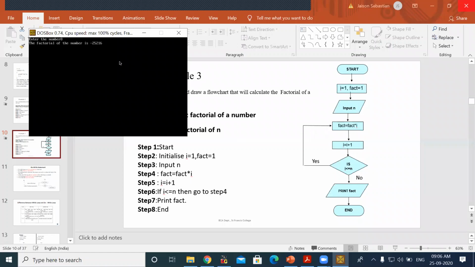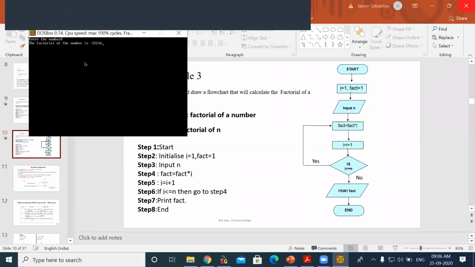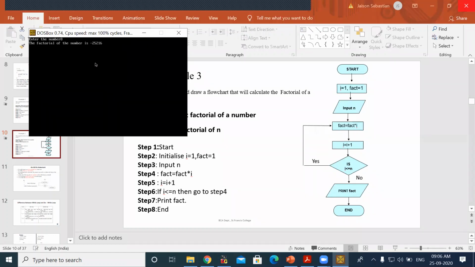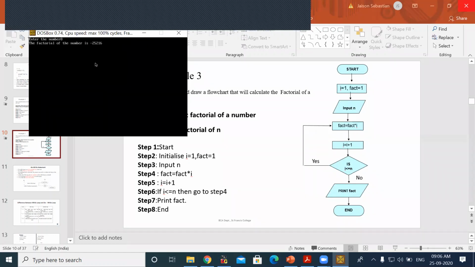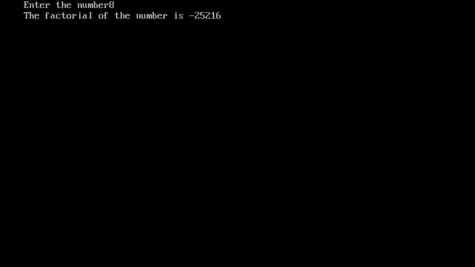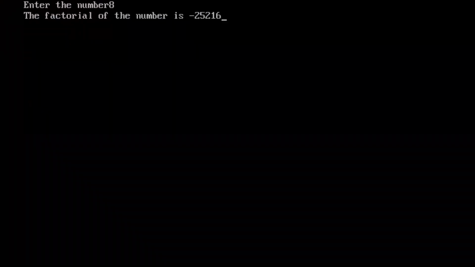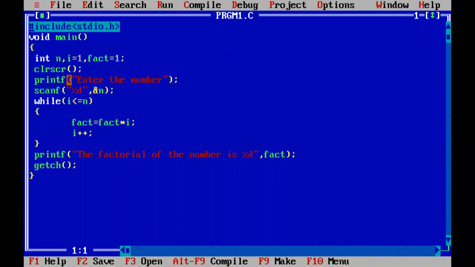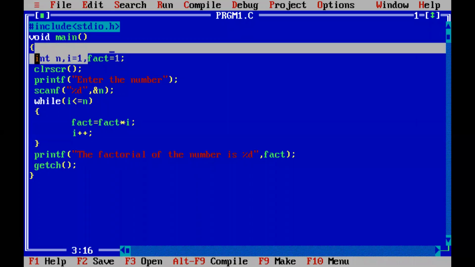So if we are finding the factorial of a bigger number like 8, it is a longer integer which cannot be supported by our data type. Is it clear? Which data type have we given? For the fact variable, we have declared it as an integer.